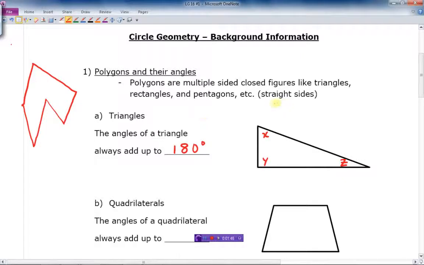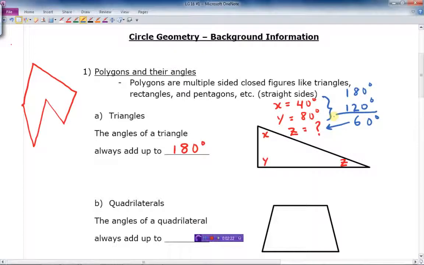So in other words, if I said to you X was, say, 40 degrees, and I told you that Y was, say, 80 degrees, what is Z? Well, I don't know, but can I figure it out? Yes, because all 3 add up to 180. All I need to do is add those 2 together, and the third one has to give me 180. So I just take 180 degrees, subtract 120 from it to see what extra I need. And so Z is 60 degrees in this example. So if I know 2, I can find the third angle of a triangle, which is very, very helpful at times